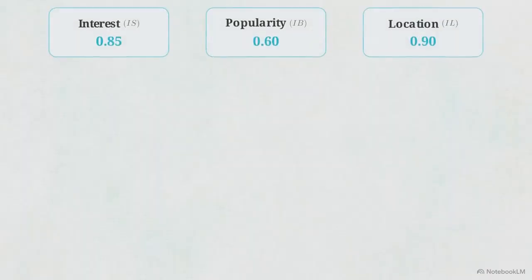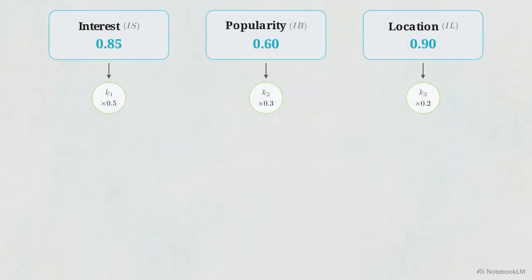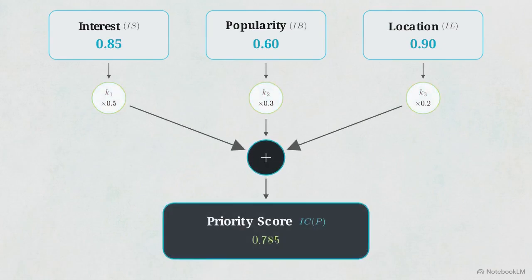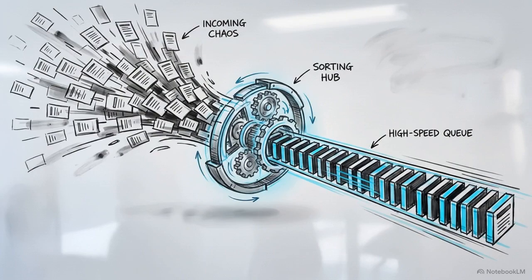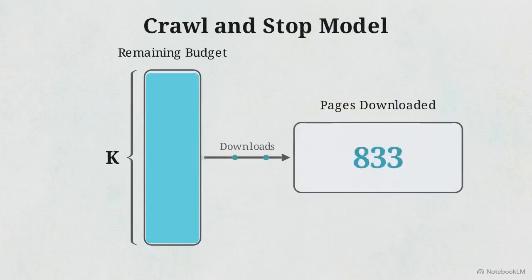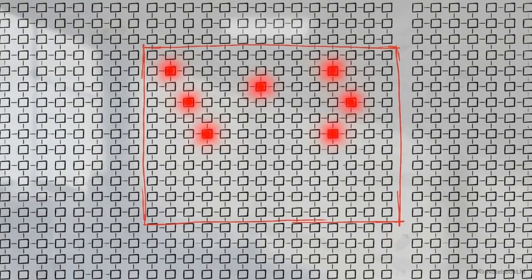To make a final routing decision, the system uses a composite algorithm to calculate a priority score, combining these independent heuristics based on specific mathematical weights. Prioritizing the crawl queue is the act of combining these heuristics into a single execution order to maximize efficiency. To verify which heuristics actually work, researchers evaluate them using a framework called the crawl and stop model. The crawler is given a hard budget, K, representing the maximum number of pages it is allowed to download before shutting off. The success metric calculates the percentage of the network's truly important nodes, the hot pages, that were captured